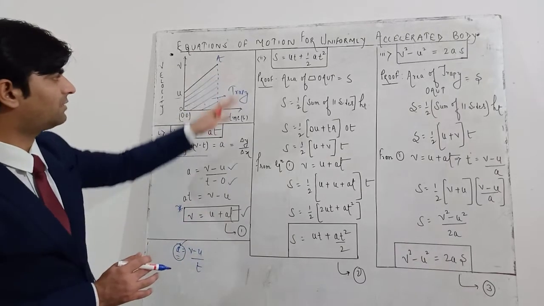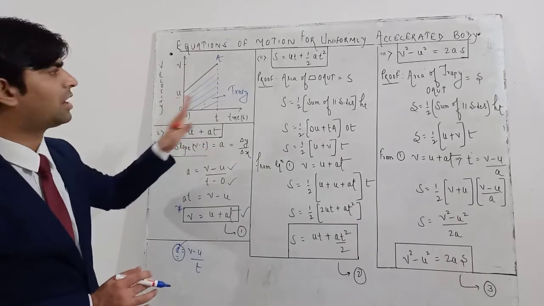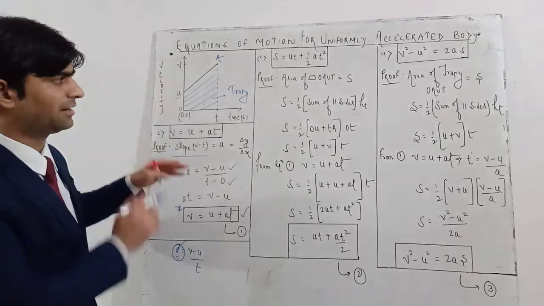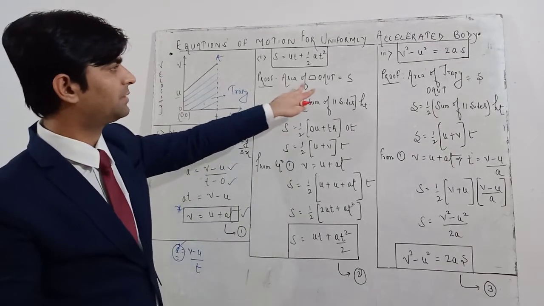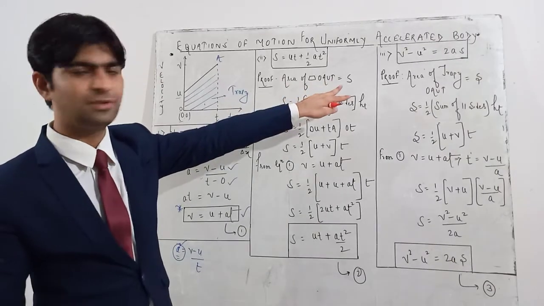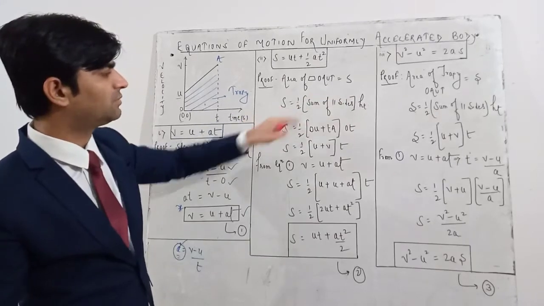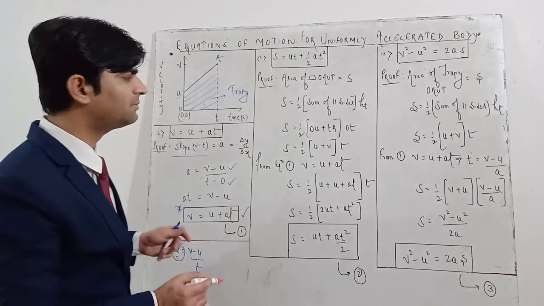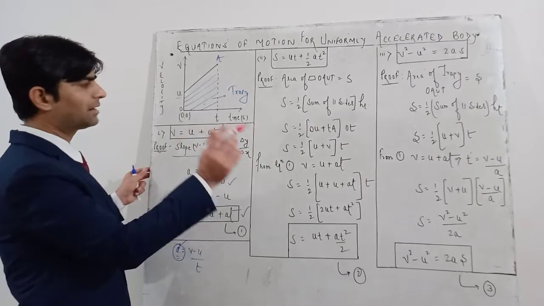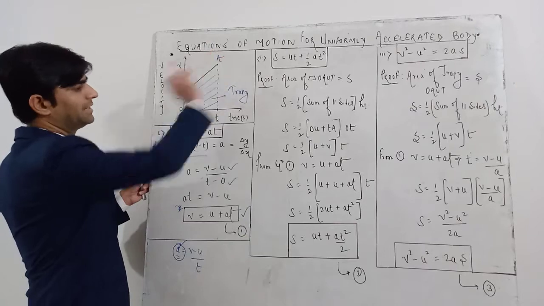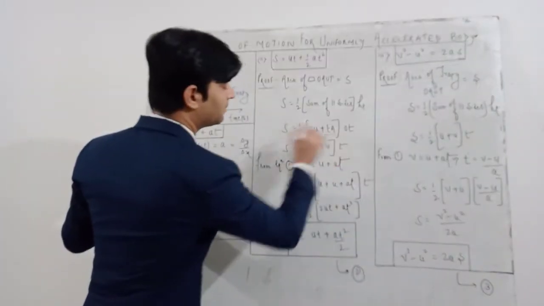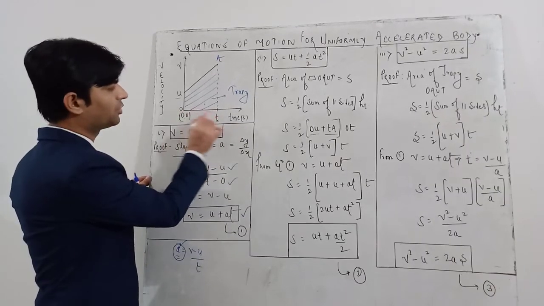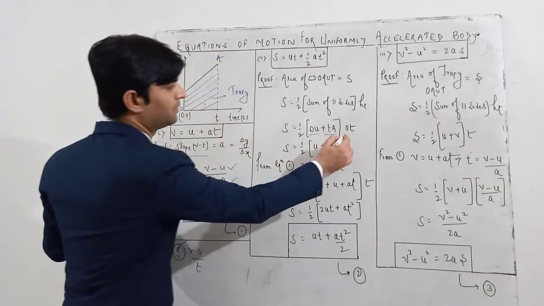The area under the graph is forming a trapezium, so you have to find the area of the trapezium. That is the area under the graph. That means the area of trapezium OAUT is equal to displacement. Displacement is equal to half of the sum of parallel sides into height. This is the simple formula for the area of a trapezium. Now the parallel sides are OU plus AT, so this is OU plus TA, the parallel sides, and this is the altitude or the height of the trapezium, OT.